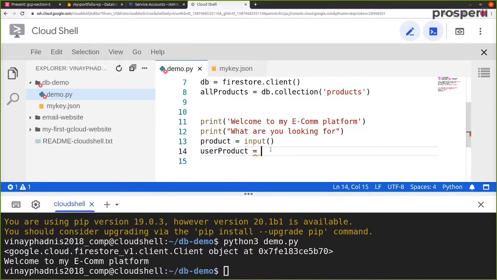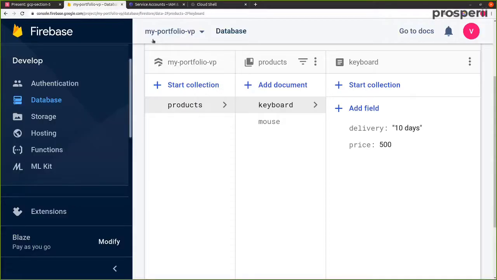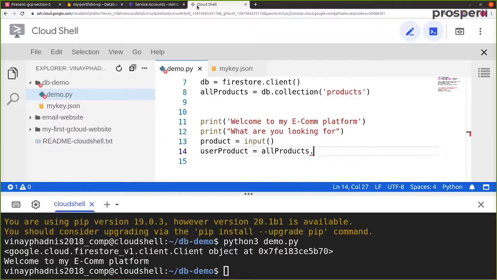Okay. So in order to get this product, we have all products dot. Now we want to get a particular product from this collection. So over here we have dot document, and then inside document we pass in the name of the document that we are looking for.